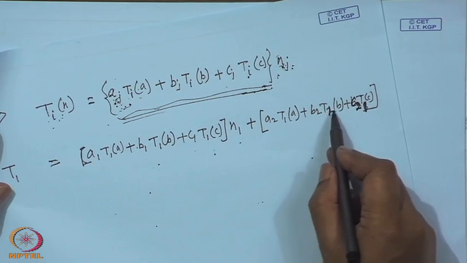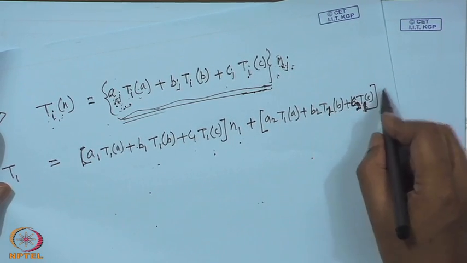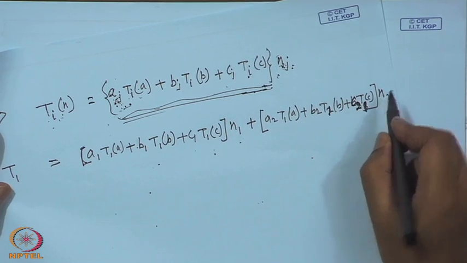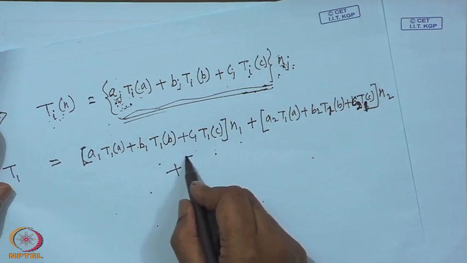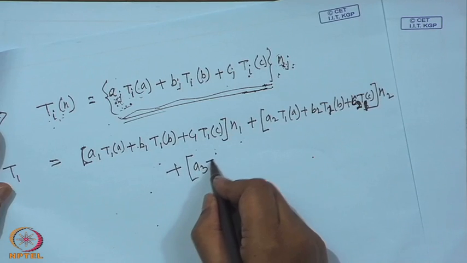A 2 T 1 a, B 2 T 1 b, C 2 T 1 c into n 2, plus the third term A 3